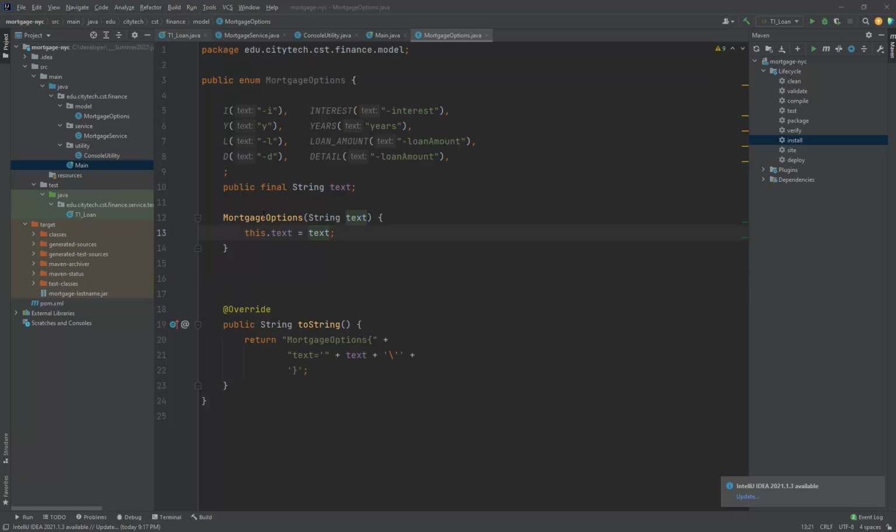I want to create a function, or method I should say, that's going to return the valid values, meaning that a user can only put these values in and we'll check to see if it's equal to one of these values. Okay, so let's do this. I'm going to say here,